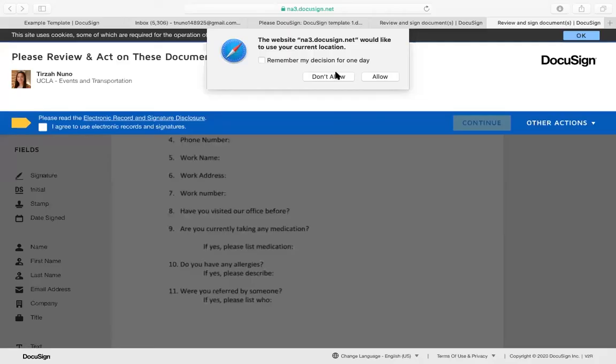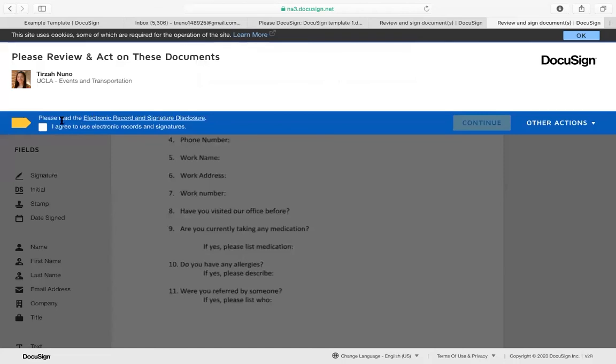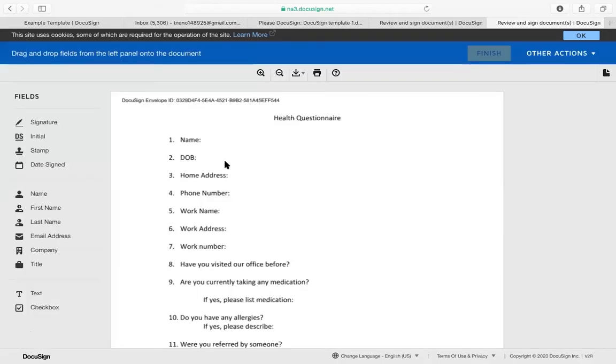And then let me reshare the new screen. And it looks like this. So this is what it looks like if you were getting a document from me. It says, please read the electronic record and signature disclosure. I agree to use this. I press continue. And then